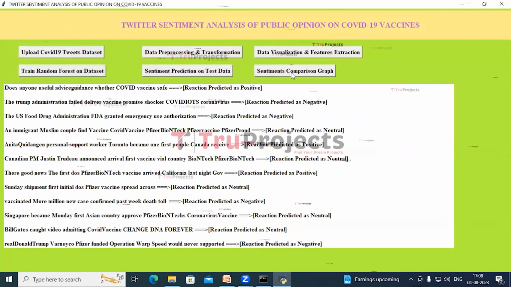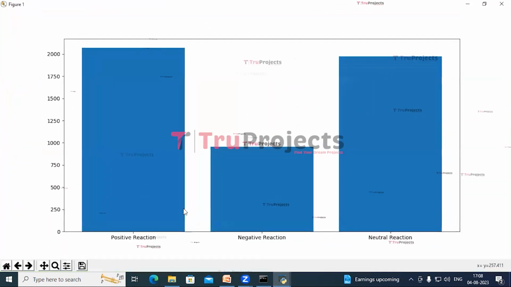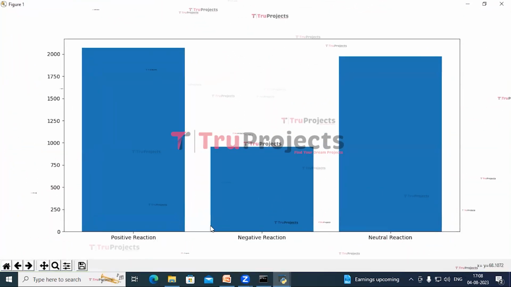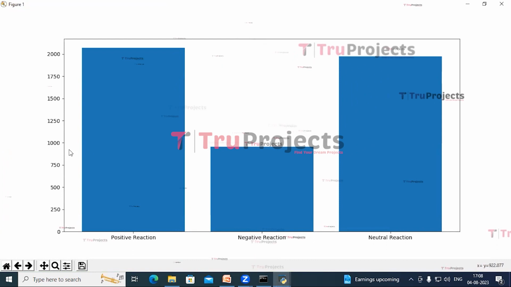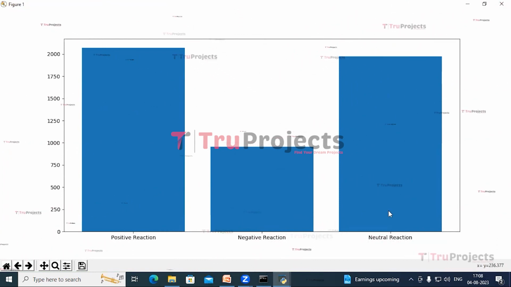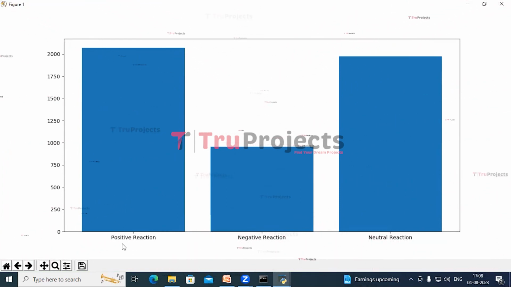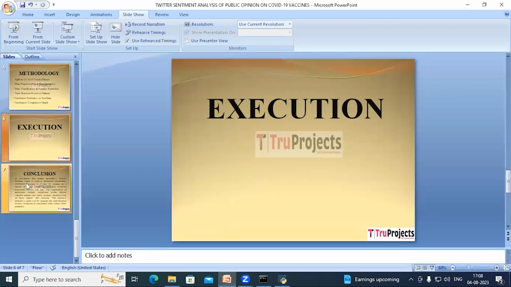Now click on Sentiments Comparison Graph button. So in this graph, on x-axis I have sentiments types, and on y-axis I have count of the sentiment type. We can see there are more number of positive reactions. Close this graph, and the conclusion here is